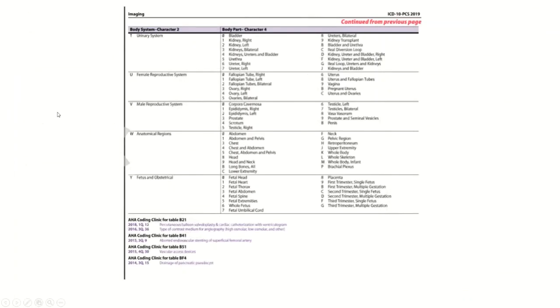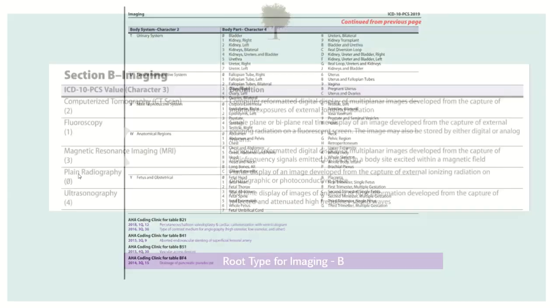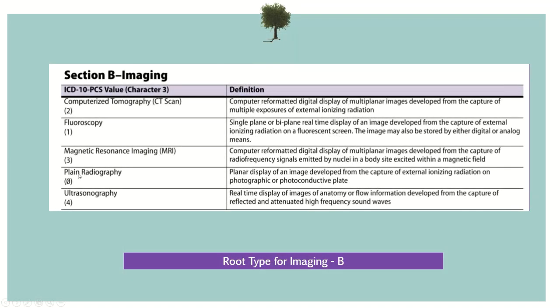And it continues. You've got your urinary system and your body parts. All right, so that's pretty straightforward. Now let's take a look at our root types. We've got CT scan. And if you didn't know, the actual name for